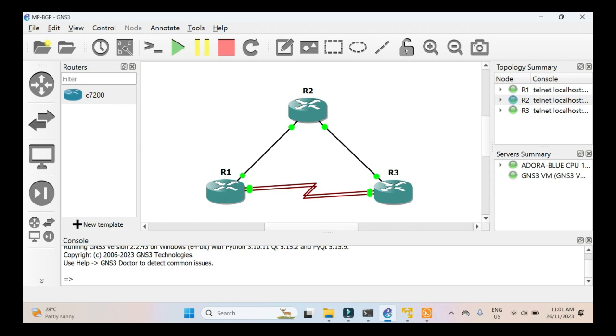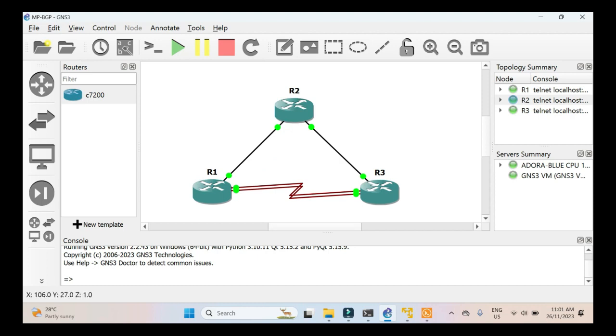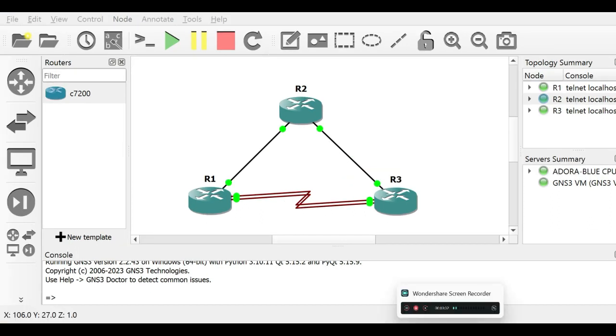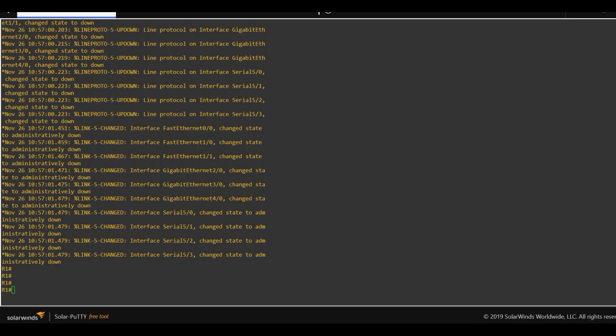Okay, saya tunjuk jugalah bagaimana kita nak activate. All these commands are already in the lab manual, but let's see how it works before you do it on your own. Okay, so kita start dengan R1 dulu. Let's just configure the IP addresses first, the interfaces, so that we can enable BGP after all the connectivity has